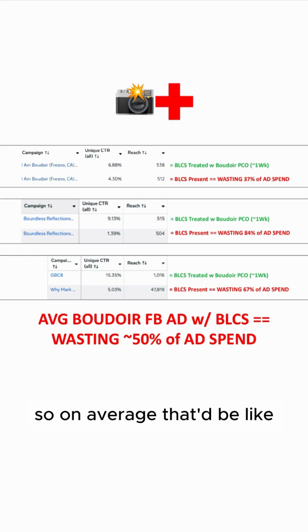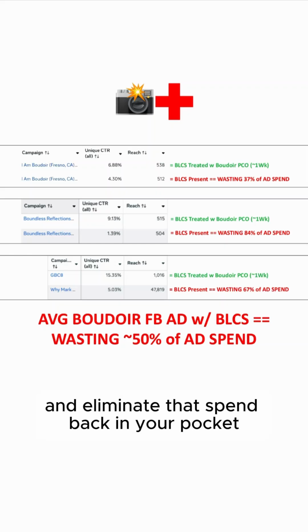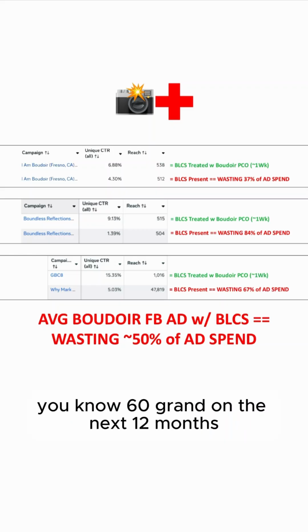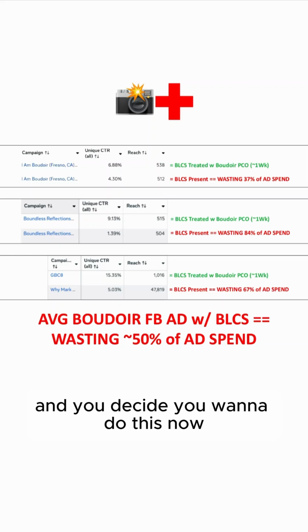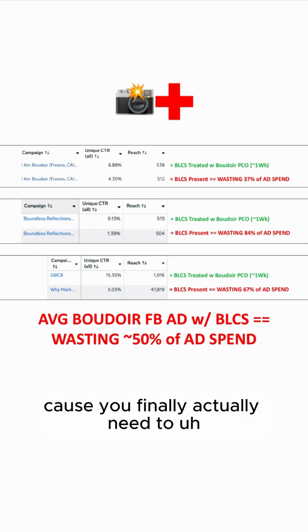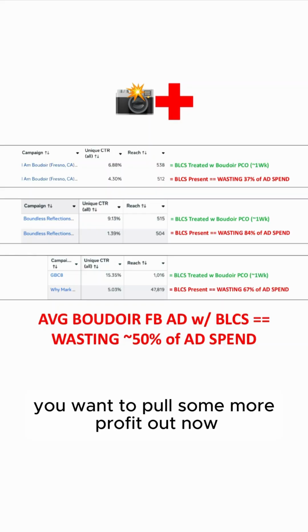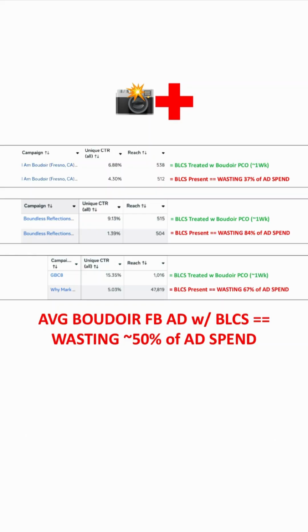So on average, that'd be like 5K a month in eliminated ad spend back in your pocket, and on average that'd be 60 grand in the next 12 months. And you decide you want to do this now because you've optimized the other parts of your business, you want to pull some more profit out now, then shoot me a DM